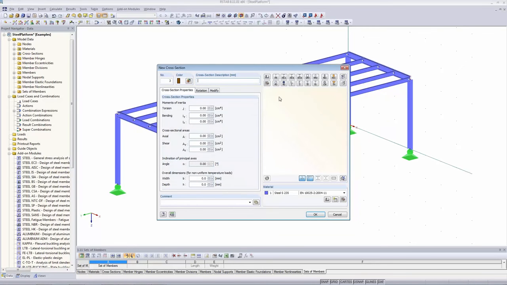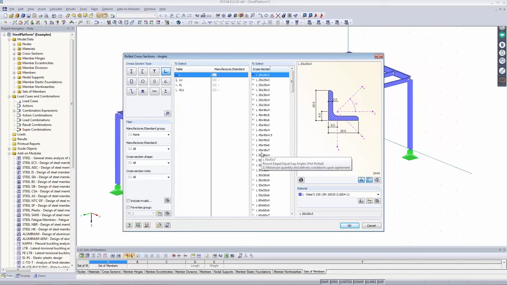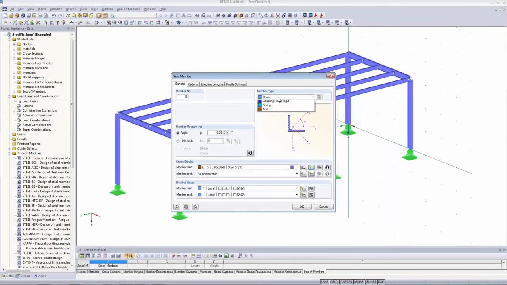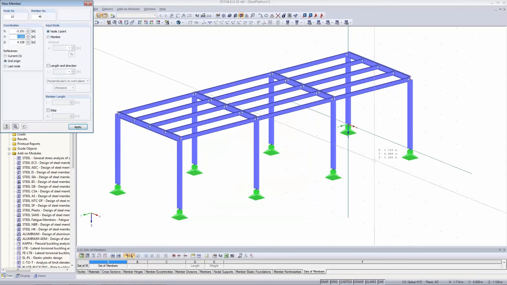This time I want to use an angle, so I could go on here, import rolled cross section angles, and I want to choose a 60 by 60 by 6, this one. Same material is used again. I click OK. OK here, and this is not a beam. I want to define a tension member. So this is a truss member, but only coping with tension. So you can't define any member hinges because this is implied by the truss or by the tension member already. So there are member hinges at the start and at the end. So I click OK and just